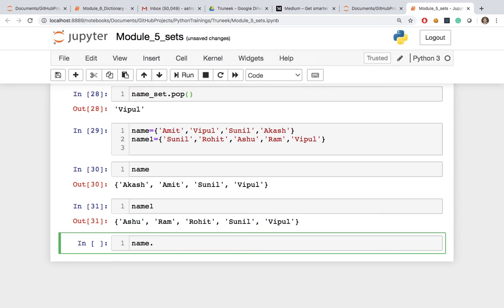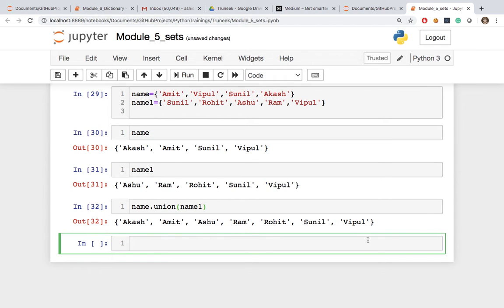So I will say name dot union, and in the bracket name 1, right? It will return me all the elements without repetition. So now you can see that Vipul and Sunil were repeating, but here in this output Vipul and Sunil are not getting repeated. All the unique elements are there, right? If you do a union,